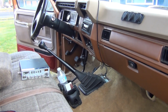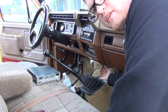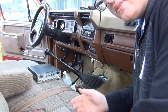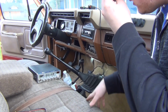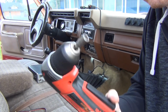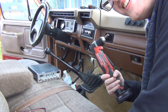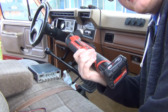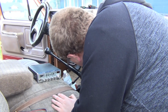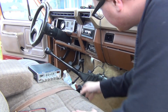So I did it real easy peasy. I reused the screw that was right here, secured that, and then right here I screwed into the corner of the cigarette lighter thing, and I used a self tapper and a 5/16 driver with a right angle. Did the job. I paid 200 bucks for this and the damn battery. So I got that secured in there. That's actually fairly sturdy. So now we just gotta put this in the bracket, screw it down, and then recheck our